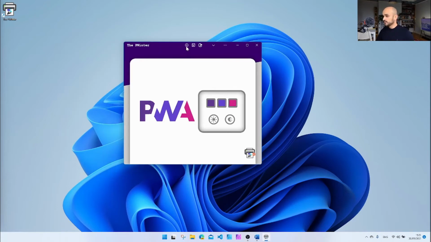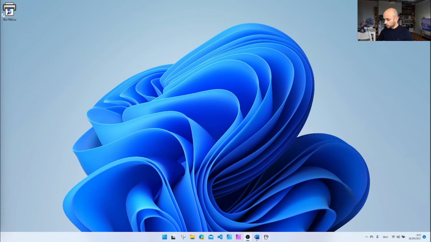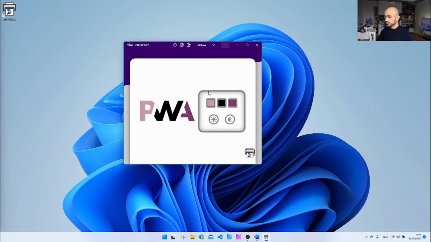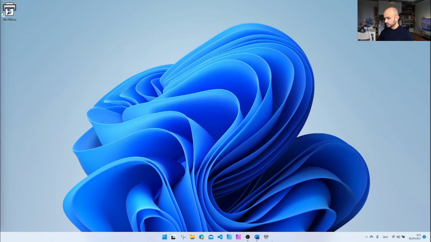If I were to click on new logo, it's just going to change the colors of the logo into something that's completely gray, and then here I would be able to start customizing the logo as I wanted. The default way that the application is always going to launch is with a random combination of colors. So again, you see I'm launching it here, it's random. I'm going to launch it again, it's going to be random again.